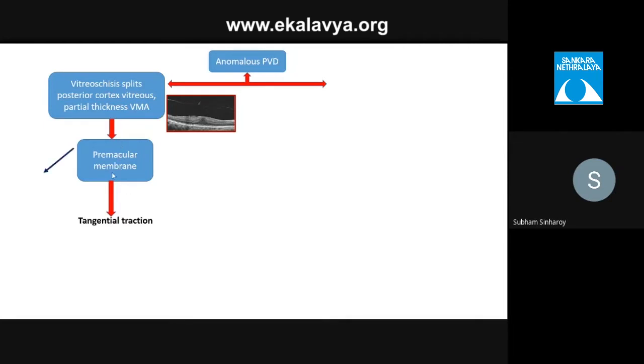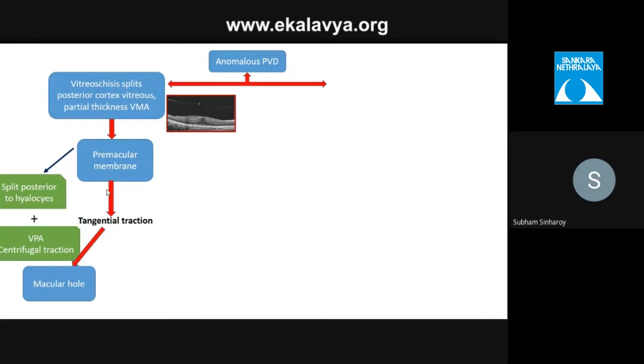One thing to mention here is that when the split occurs in the posterior vitreous cortex, we know there is a single layer of cells lining the posterior vitreous cortex. These are called hyalocytes, which are mononuclear cells. They are capable of synthesizing collagen. They have contractile properties. So if the split happens posterior to the hyalocytes in the posterior vitreous cortex, as well as there is a vitreopapillary adhesion, it will cause centrifugal traction, that is, it will cause the vector to pull towards the disc. So a split posterior to the hyalocytes with vitreopapillary adhesion will generate a centrifugal traction, finally leading to macular hole formation.